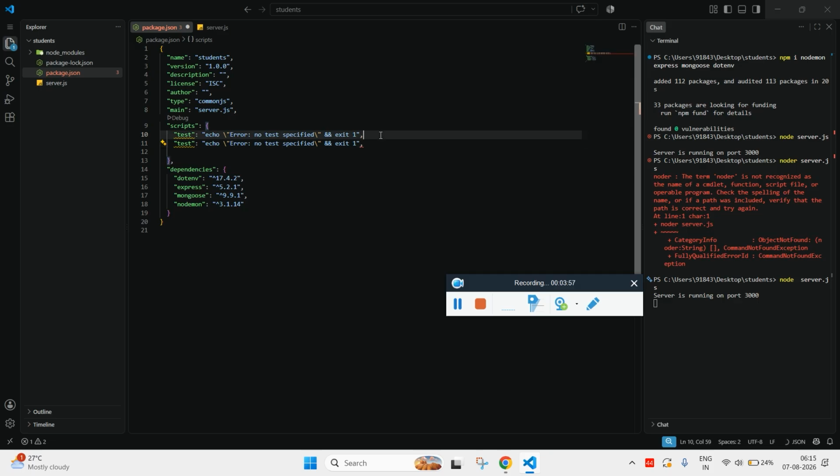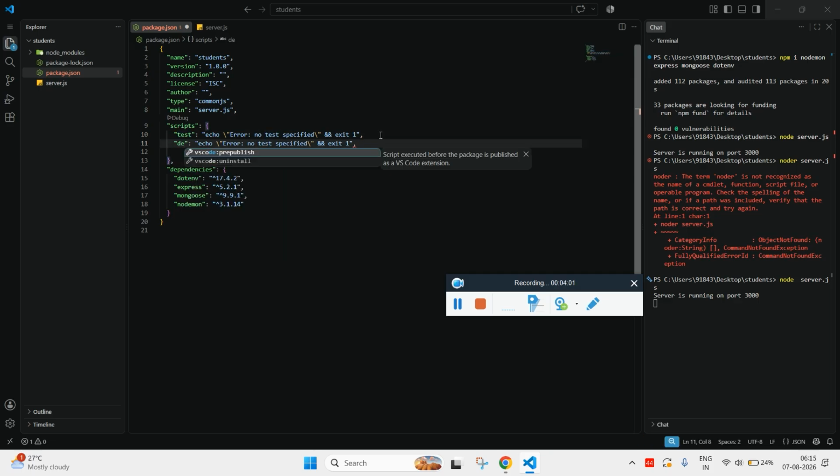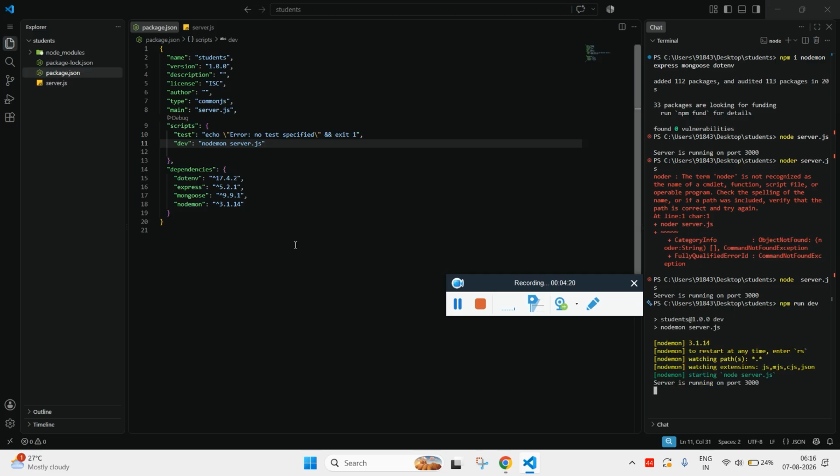run dev, I want the command to get executed, which is previously we were using node server.js, node space server.js. Now we'll be typing nodemon server.js. So let's close the server. So kill the server, npm run dev. So when I hit npm run dev, the code nodemon server.js would get executed, and each time I press Ctrl